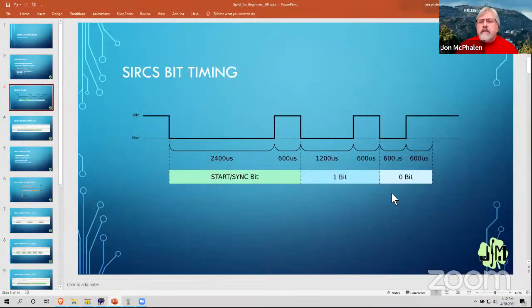1200 and a 0-bit is 600. So very simple bit timing. And this is really kind of slowish. If you were going to send standard bits and form a byte, you know, to send packets, which